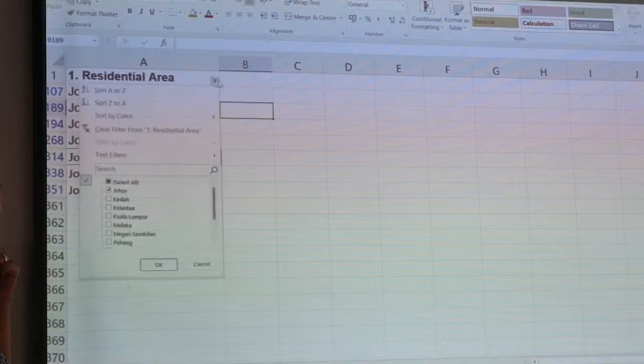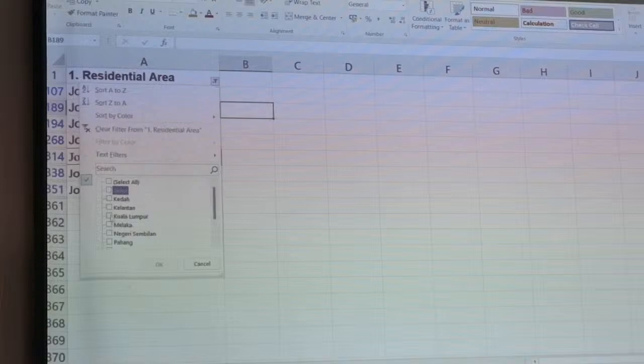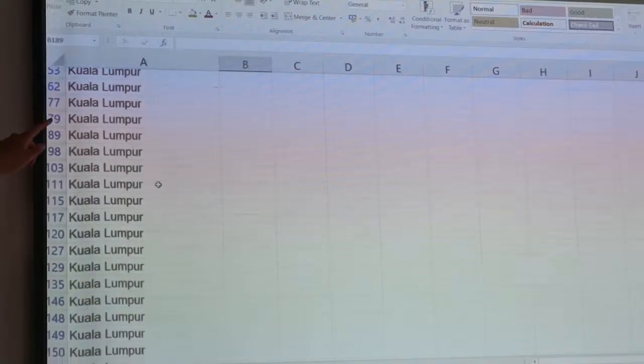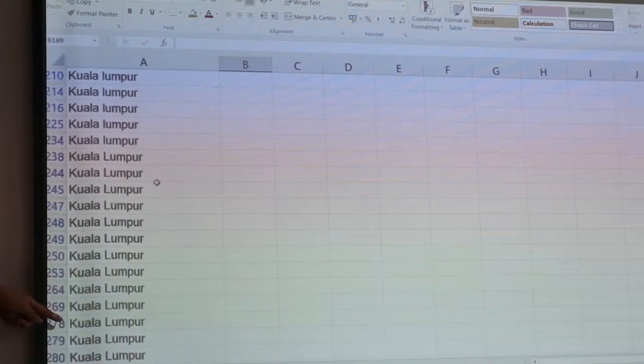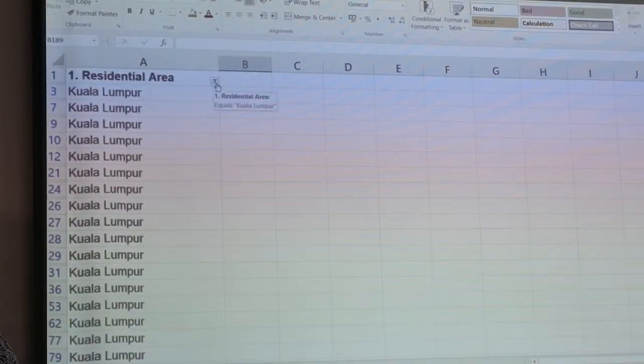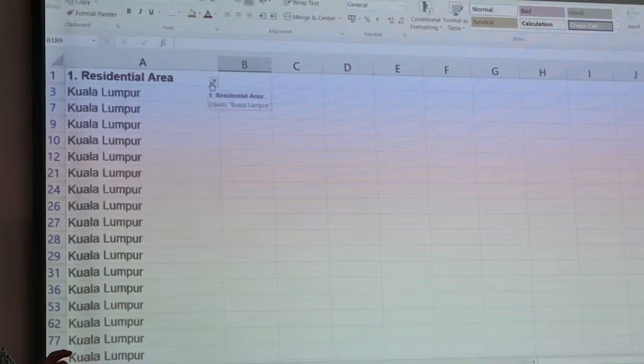Miss Ashikin, can we choose Kuala Lumpur? Okay. Right now, there's a lot of people in Kuala Lumpur, so we have to calculate it one by one, which will give you a lot of work. So altogether there are 14 states and over 300 responses. And of course you can do it manually, but we are going to simplify your life by